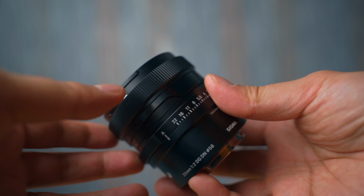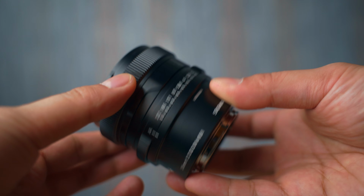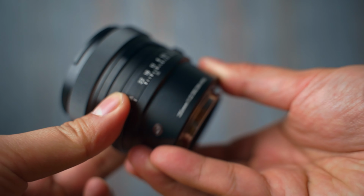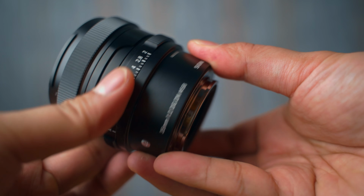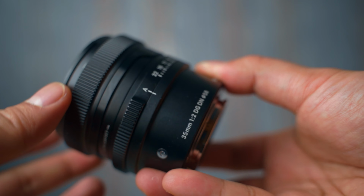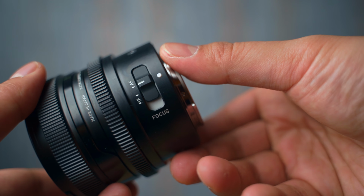I really like the build quality of this lens. The design is really nice, small, compact. It weighs around 325 grams and it has a weather sealing gasket. According to the website from Sigma, it is moisture and dust resistant, so that is really helpful